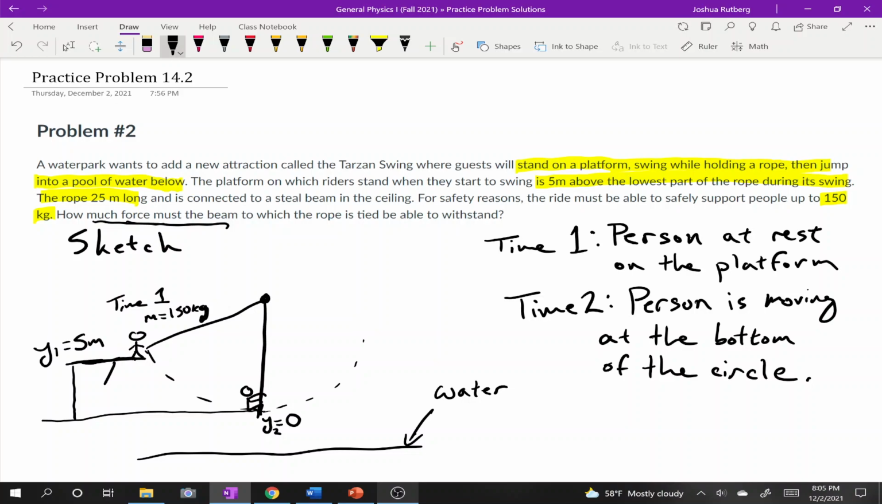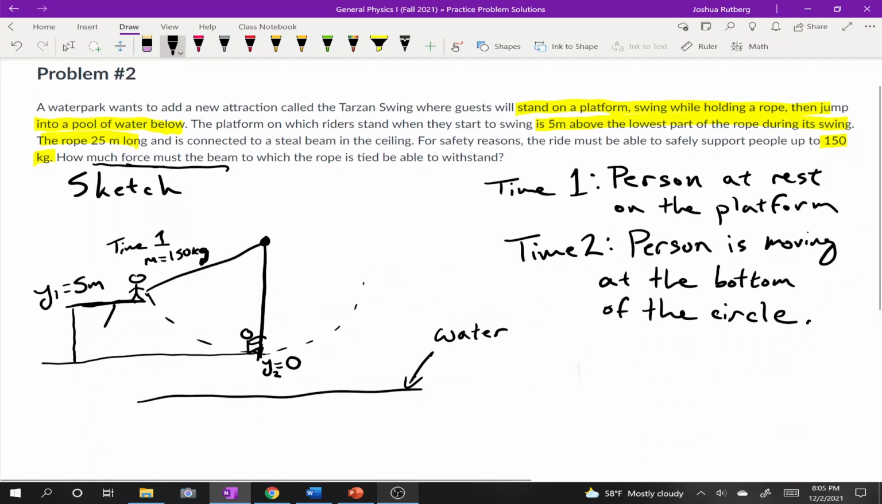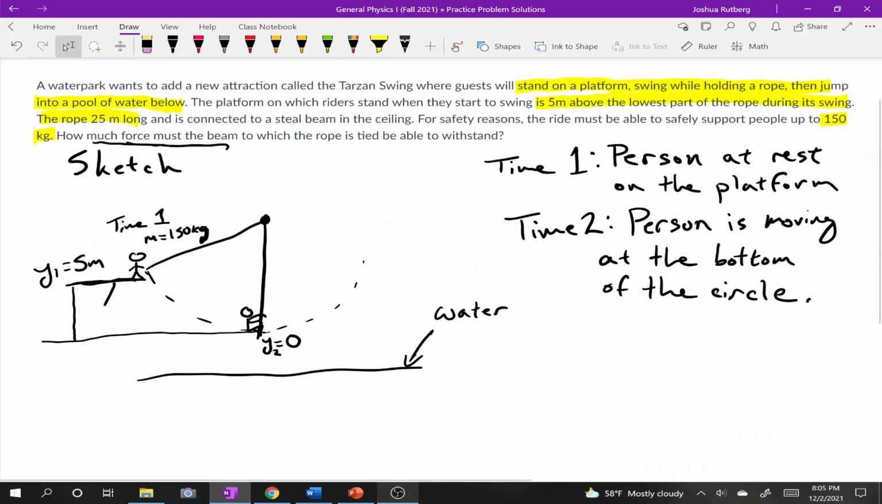That's like, I think that's like 325 pounds. And that's just because they want this to be able to support basically anyone. So that is their maximum mass that they are allowing on this ride. So if the beam will not break for someone with 150 kilograms, it will not break for anyone less than that either. So that is why they pick such a large mass,